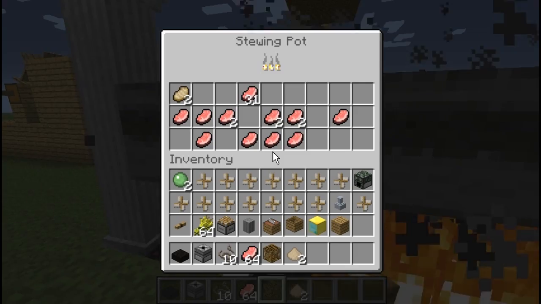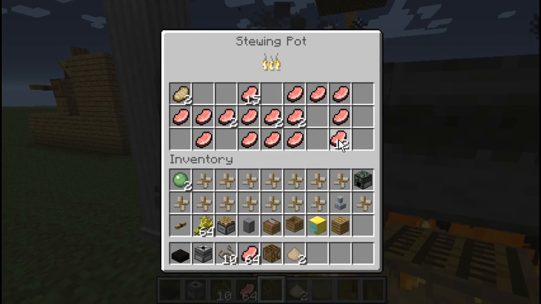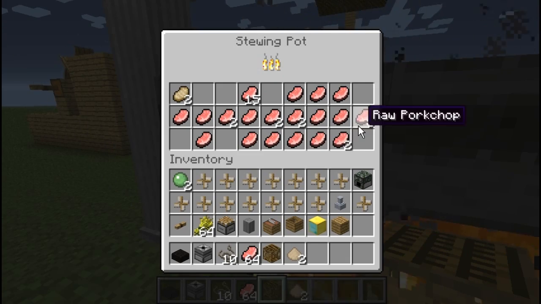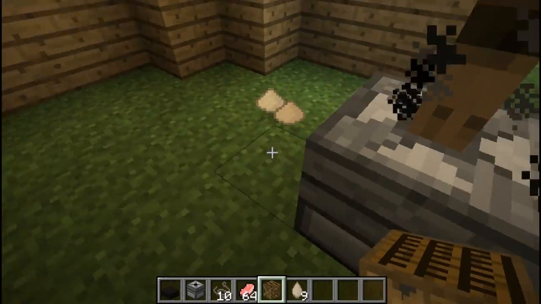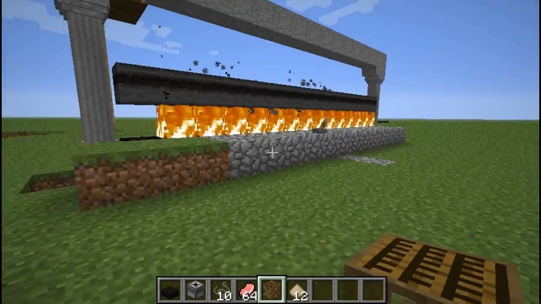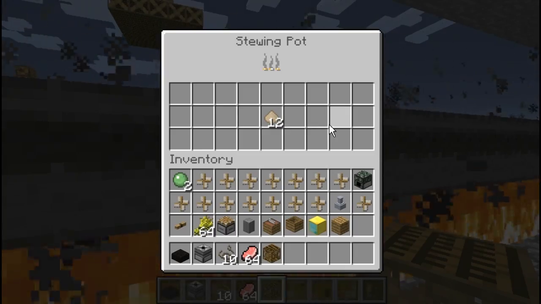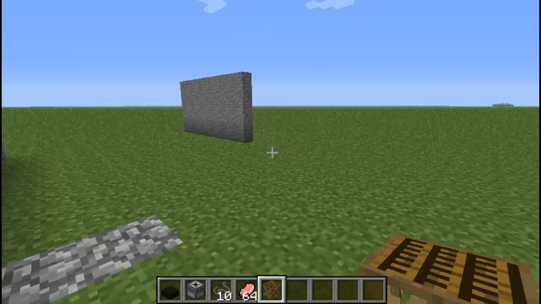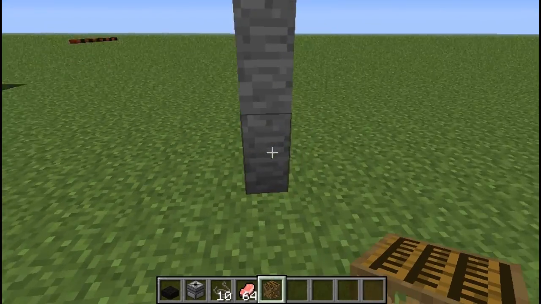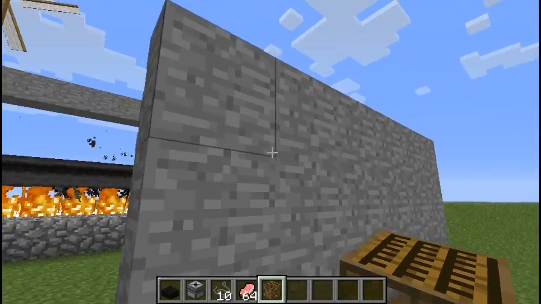So yeah, now it's cooking away the meat. Just put this around the place. Back in here. See what we got. So yeah, I've got quite a bit of flour now. Got to put that in there. Just get that second. Oh, here's a stone wall that you can do with like half stone,